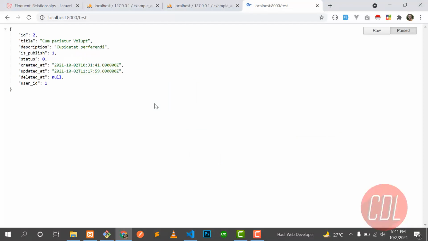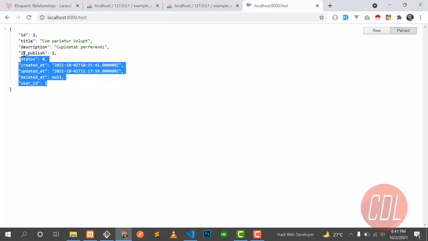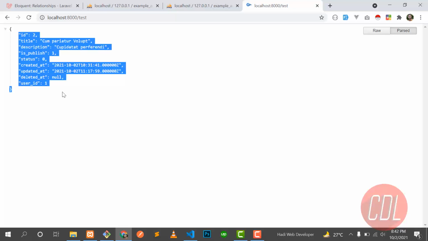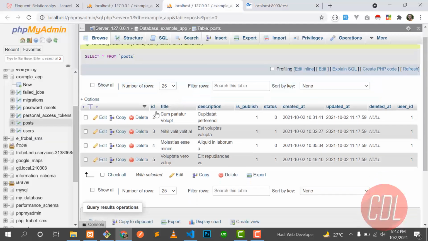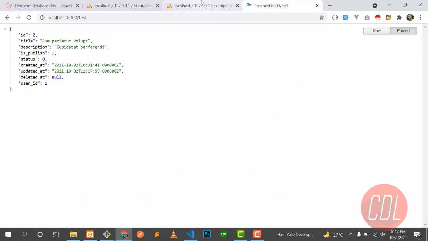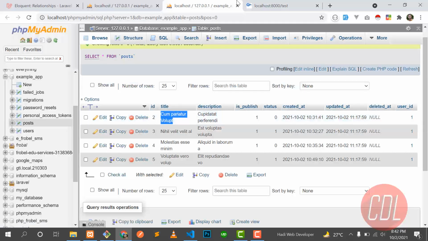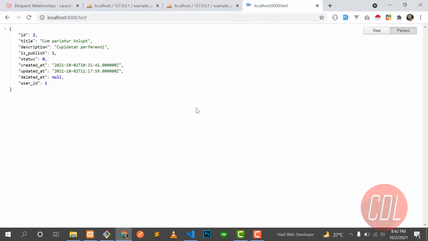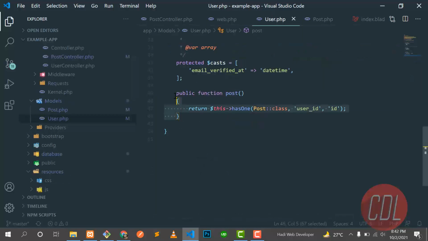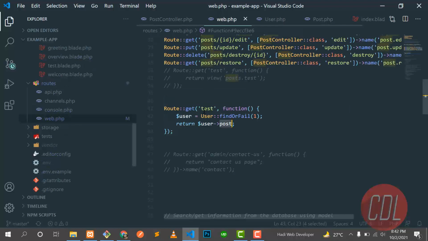It will get the user's post, and great, it returned a user post where id equals 2. This is the id of the post, not the user. It's getting the post of one user, and this is the id of 2. Let me go to the post table, and yes, this is 2, and this one is retrieving the post where user id equals 1. So now we are getting the first user and one user's post. This is very simple: we only define a relationship in the user model, and we successfully get the post by calling this post property here.